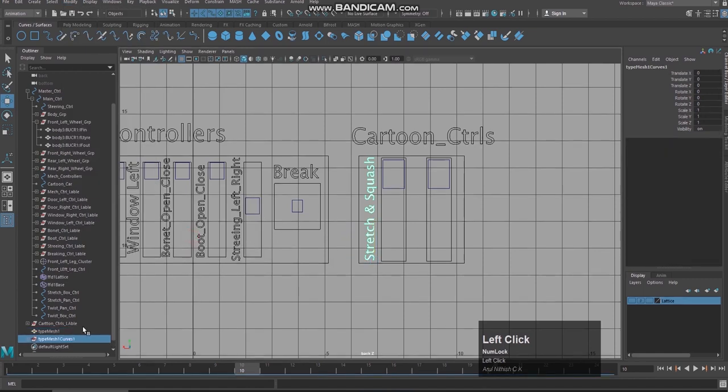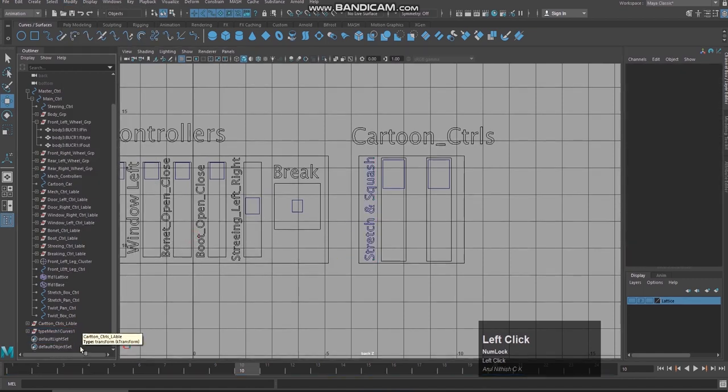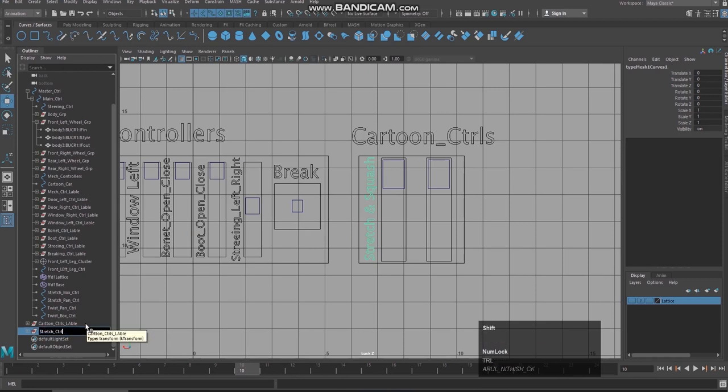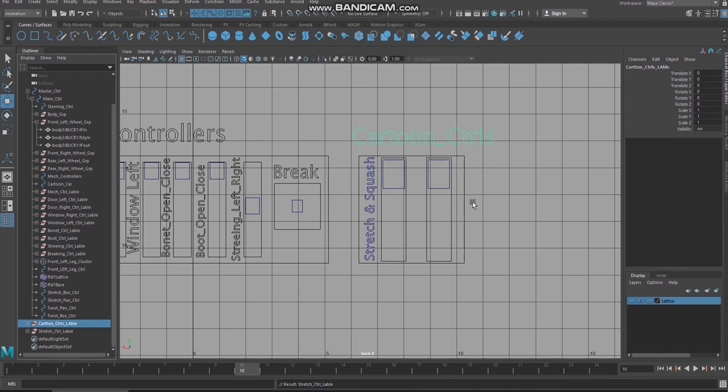Type to curves, delete this, stretch control label, stretch control label.